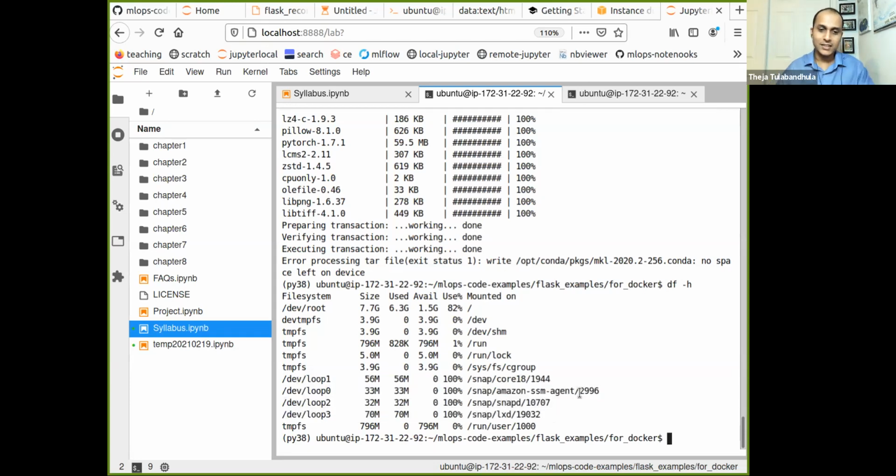So this is not a good idea. I need to get an even bigger machine. So what I'll do is show this Docker build locally.